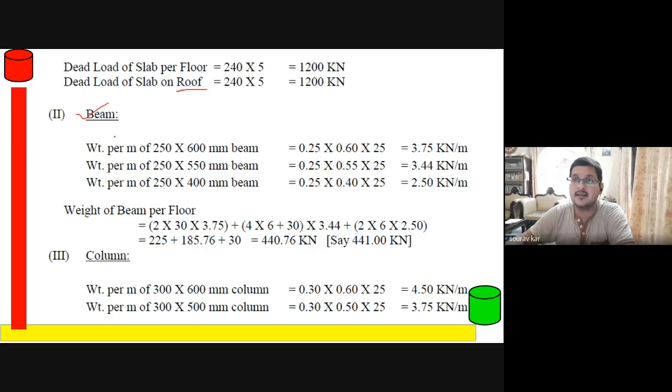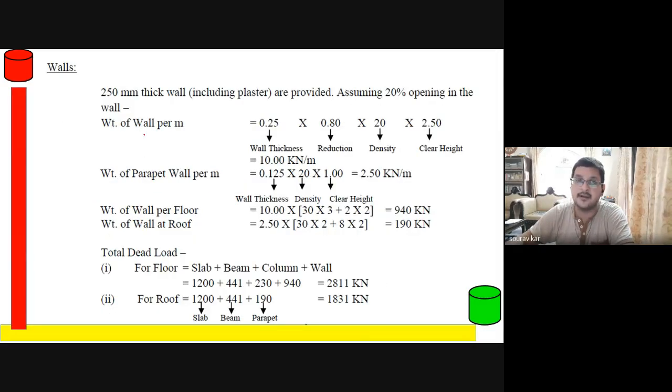Also, we calculated the dead load due to beams, dead load due to columns, and the loads for interior walls, exterior walls, and parapet walls.